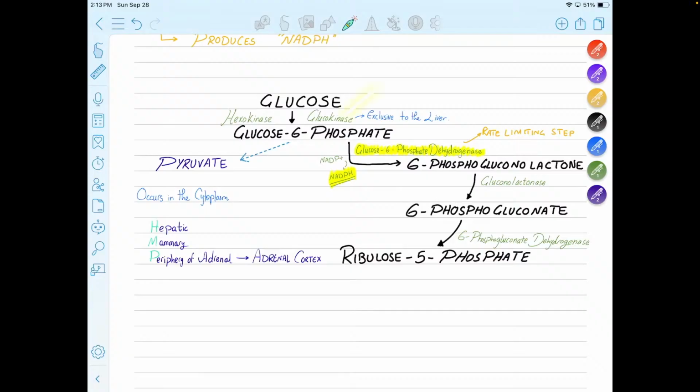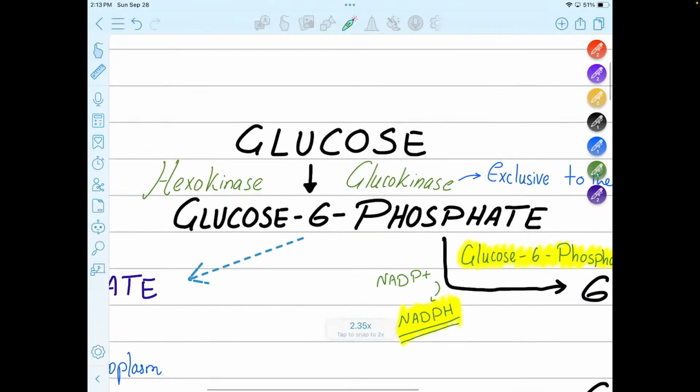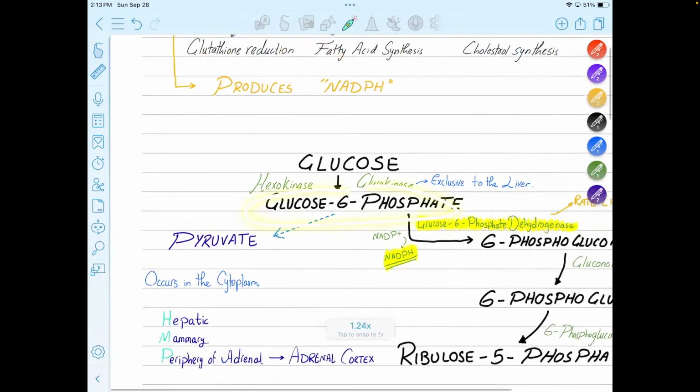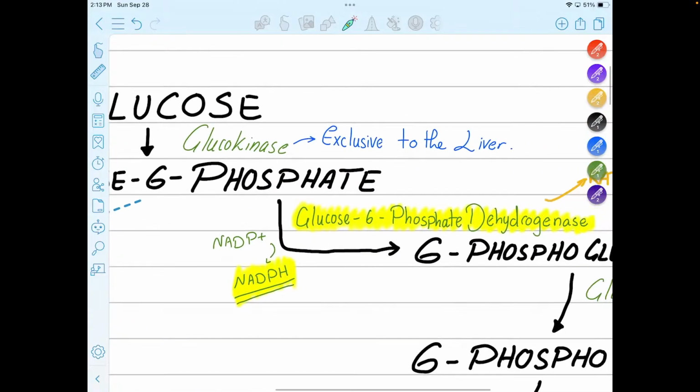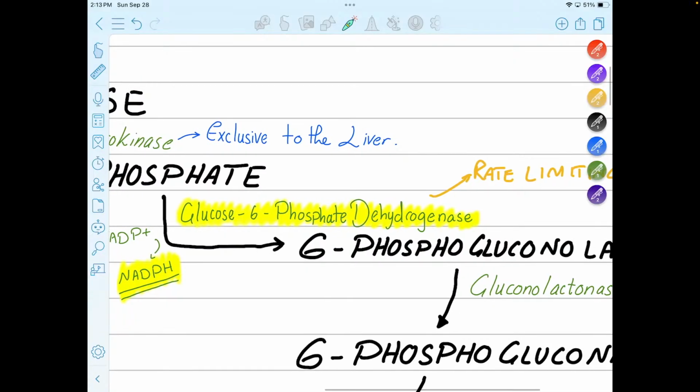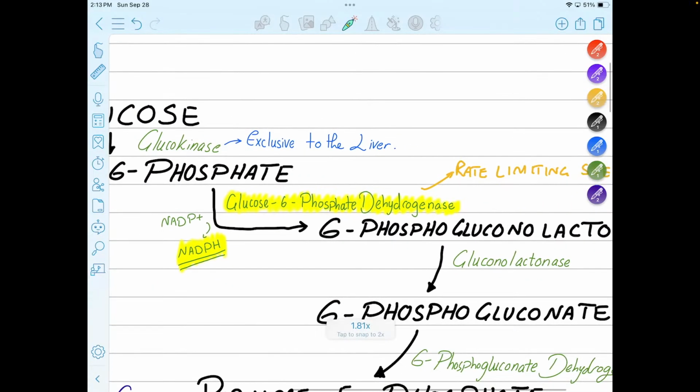Glucose. Glucose has many pathways. So glycolysis starts with which enzyme? Glucokinase or hexokinase. Hexokinase in every other cell, while glucokinase is exclusive to the liver. What happens is you have your glucose 6 phosphate, and this can turn into pyruvate. This is glycolysis, right? However, now this glucose 6 phosphate can convert into